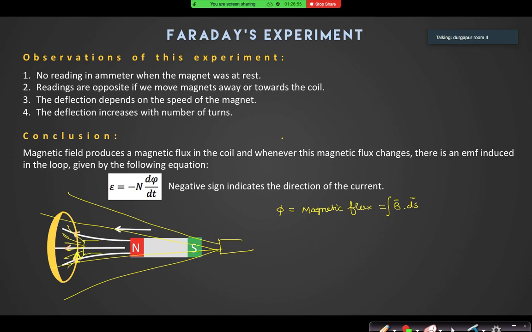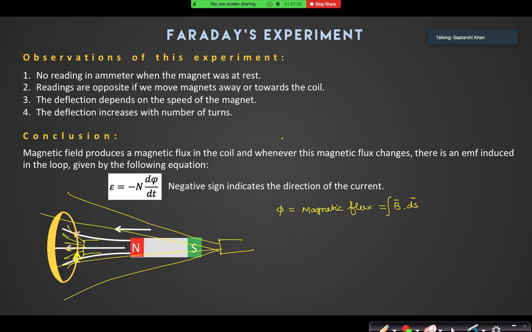Look, so the conclusion may be that when I am moving the magnet, the flux is changing, and as it depends on the speed also, can I say it depends on the rate of change of magnetic flux? Yes or no? And with that, if you multiply with the number of turns, you will find the EMF. So EMF is equal to N into d phi by dt, that is the magnitude. And now why is the negative sign there? The negative sign is there in order to find the direction of the induced EMF.